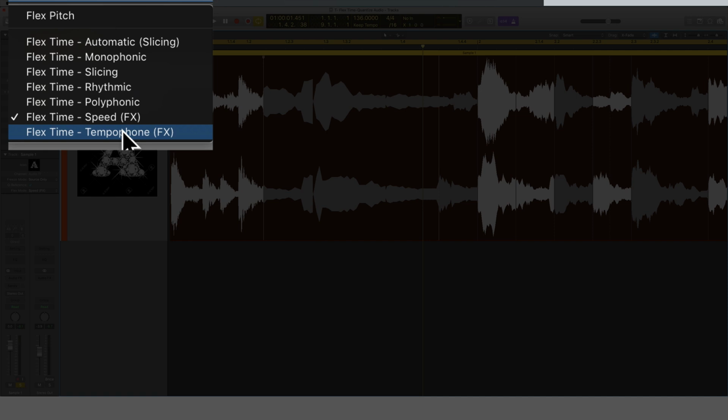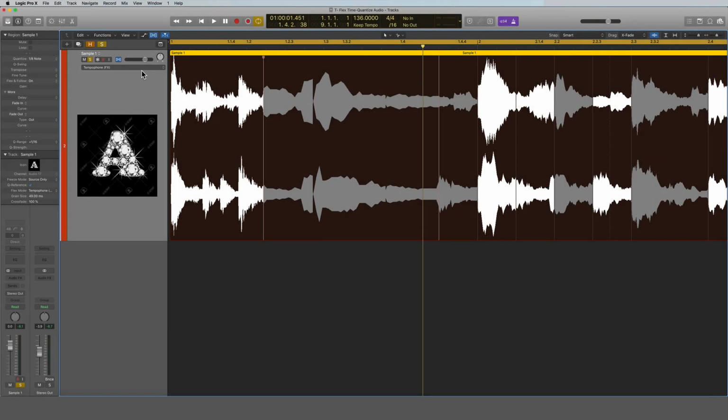Tempophone is just kind of like the old Tempophone, which was a tape-based time stretching machine back in the day. It didn't use computers or anything, it was just a tape-based machine that did it, and it created very recognizable artifacts and had a very recognizable type of sound to it. And so if I select that,